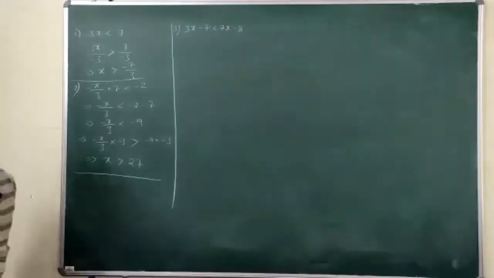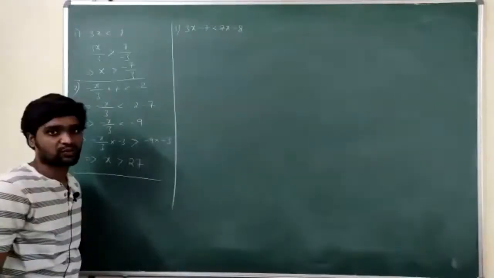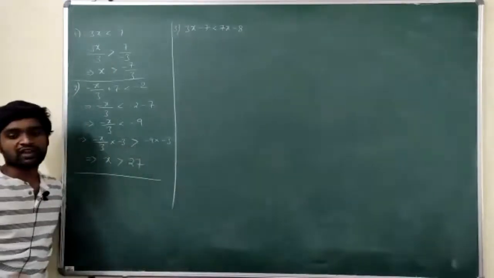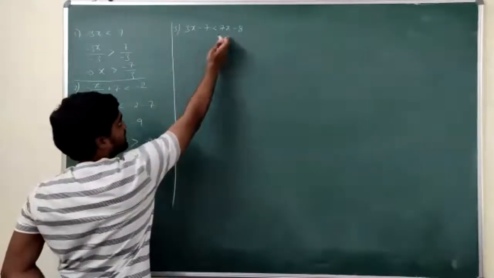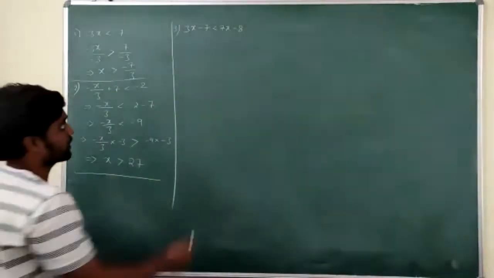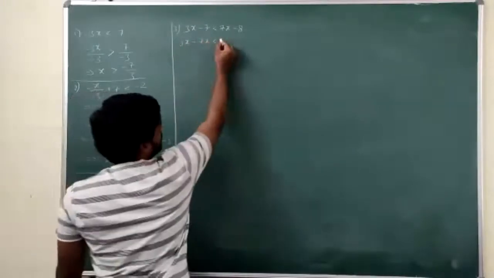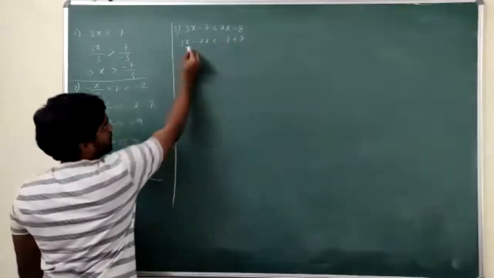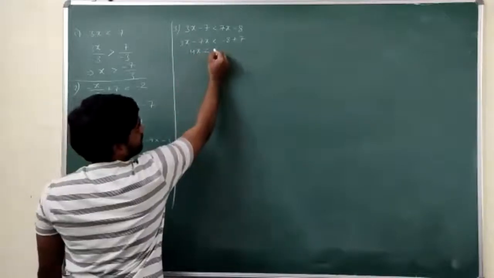Yeah. So we're discussing same models as discussed yesterday. So 3x minus 7 is less than 7x minus 8. How to solve for x? If I need x, I have to bring all the terms which contain x to same side. So here the same side should be LHS. So 3x minus 7x is less than, take minus 7 to that side, it becomes plus 7. So minus 4x is less than minus 1.